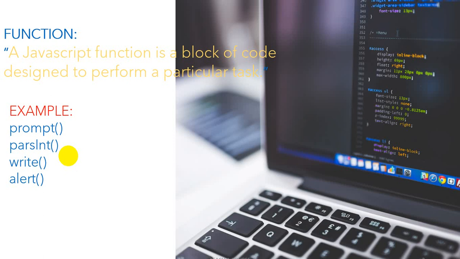that once you create a user defined function, you have to call that function, and the built-in function no need to call, it will be automatically called by the browser itself, because it's given by JavaScript, and JavaScript knows the objective of that particular function, so it will perform its function. But in case of a user defined function, you have to create a function, then you have to call it from n number of events. I don't want to use the particular word event handler, but just try to remember that we have to call to execute a user defined function.